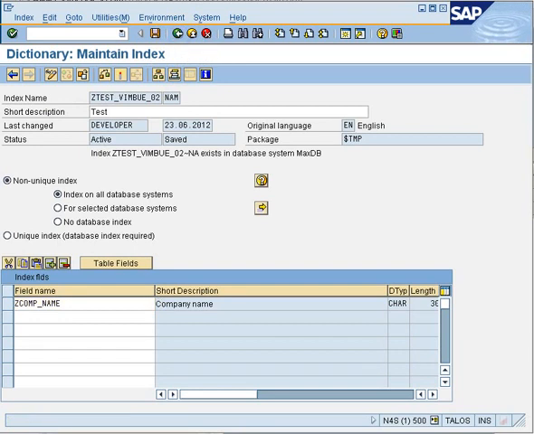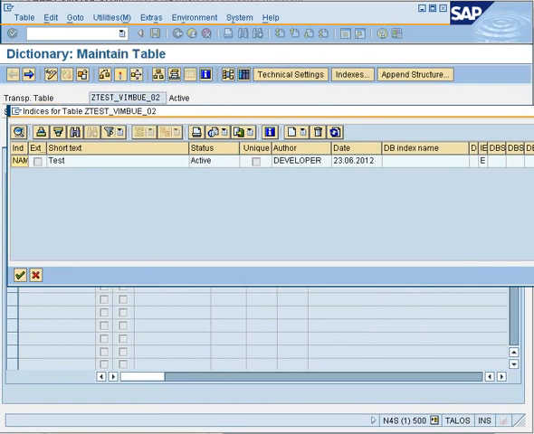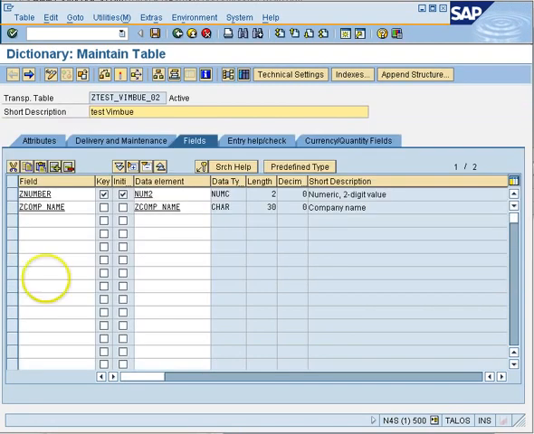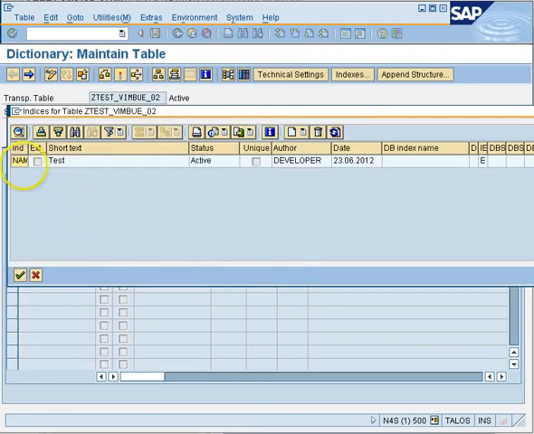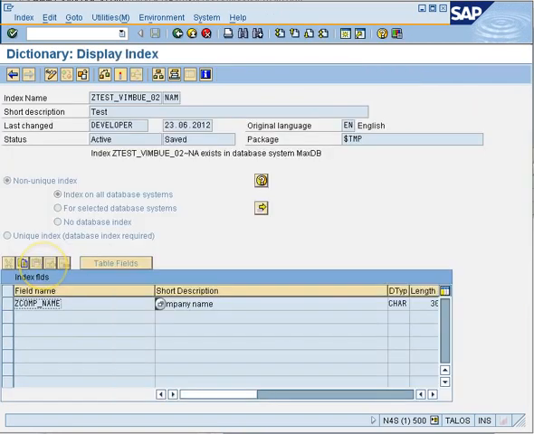You can come back and see if that is working for you. So you have a secondary index over here which was not there earlier. The name of the secondary index is NAM. So you can now use this NAM secondary index anywhere in any program and put a select query. Now there is one more thing which you have to keep in mind when using these sort of secondary indexes, and that is, if the way you were putting the select query earlier on these